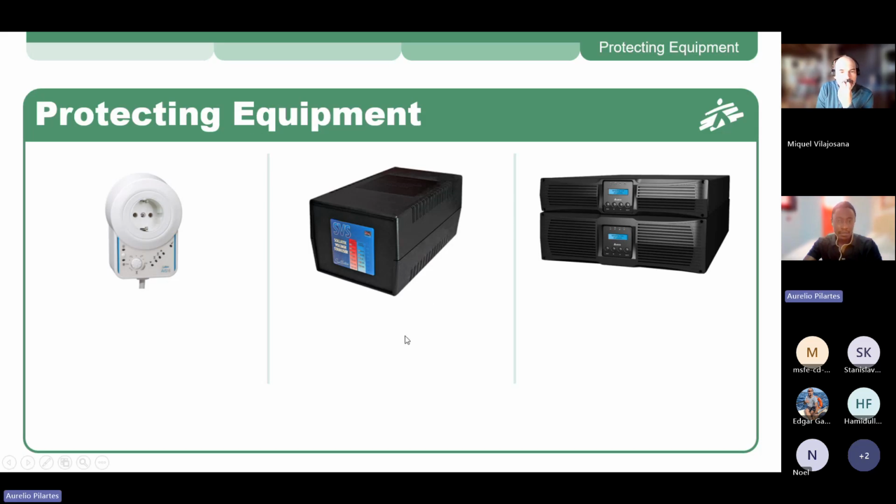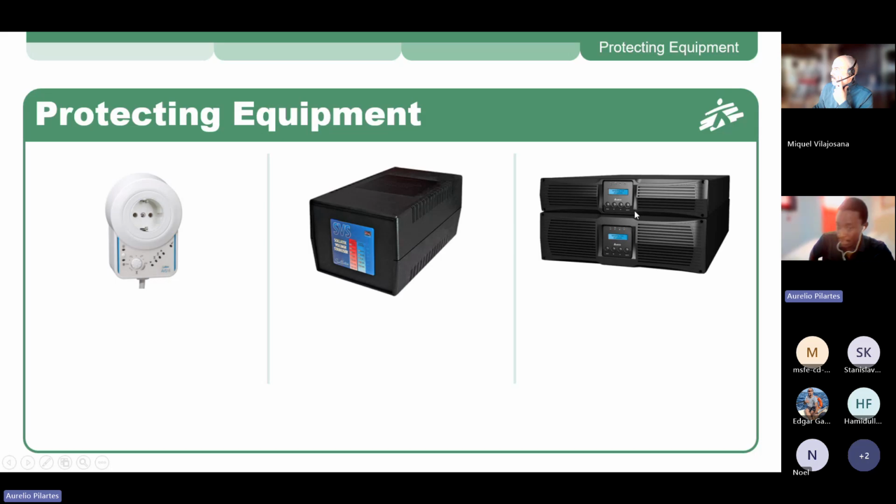So here are the devices that we use to protect the equipment, as we have mentioned them. We have the voltage limiters that will cut the power whenever there is a fluctuation in the voltage that could be harmful for the devices. We have the voltage regulator that will simply keep the voltage inside the range, so it will transform your voltage and keep it steady. And then we have the UPSs that will do the same thing as the AVR does.